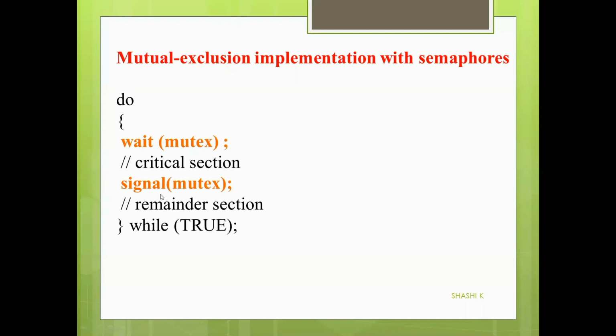The previously executing process is not executing any code to decide which process should enter next. Only a process that is interested in entering the critical section is going to execute the wait operation. So the progress requirement is also met by using this semaphore solution.